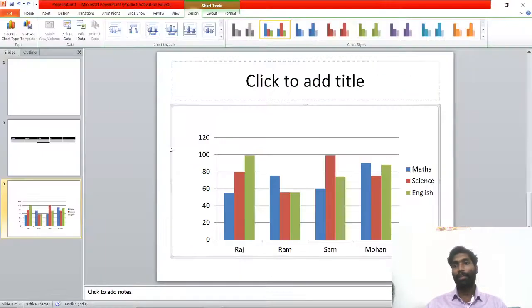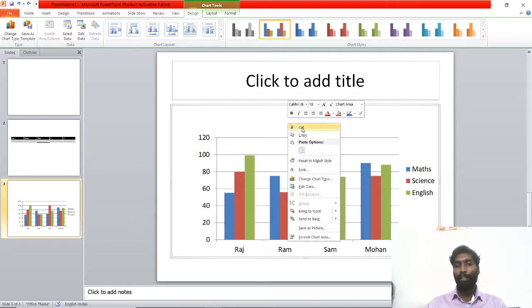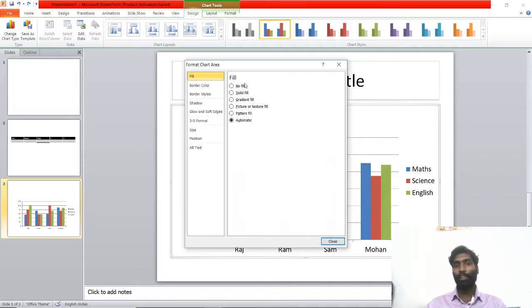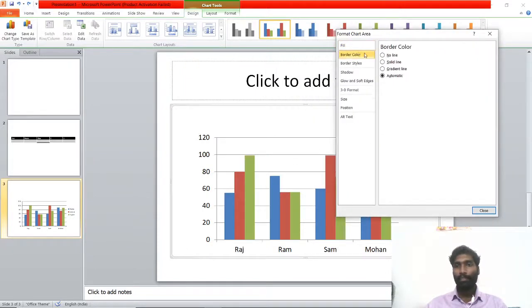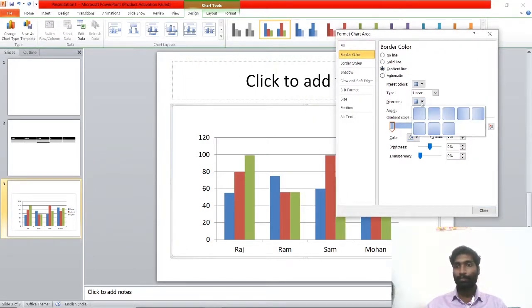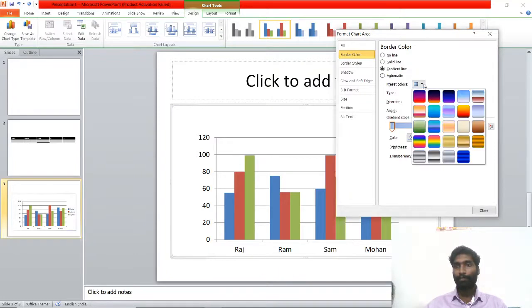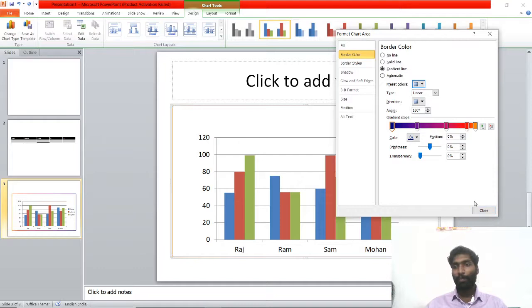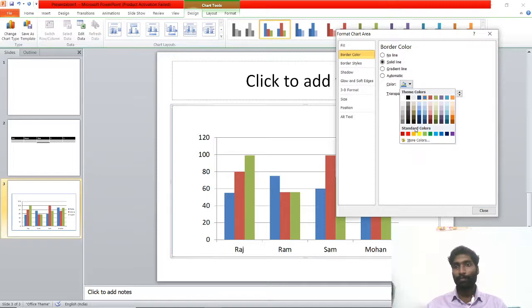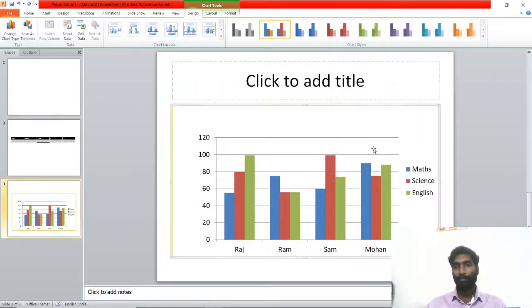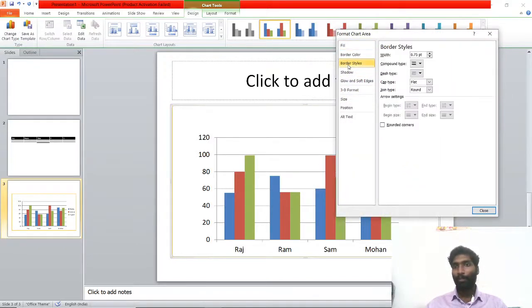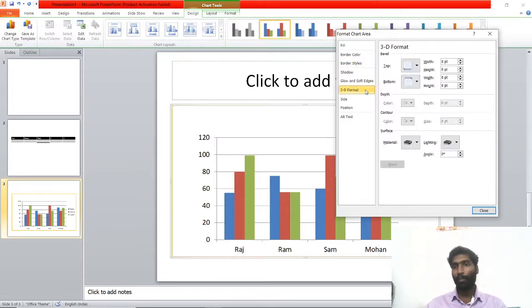After that, additional formatting of the chart, very simple. On the chart area, just right click, and at the bottom you can see format chart area. Just select that and kindly see here, color. When I'm selecting, okay, now border style, or 3D format.